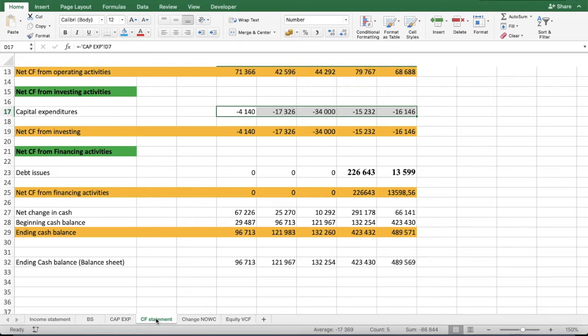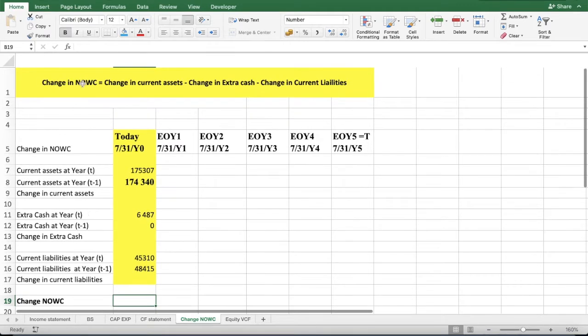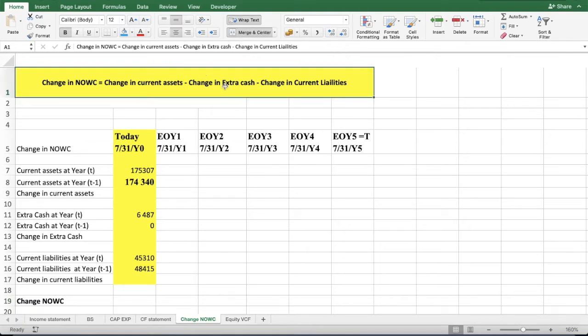So before finding this equity value, there is an intermediary step that we have to pass through, which is computing the change in net operating working capital. So this is the formula. Change in NOWC is equal to the change in current assets minus the change in extra cash minus the change in current liabilities. And please pay attention to the fact that the change in extra cash